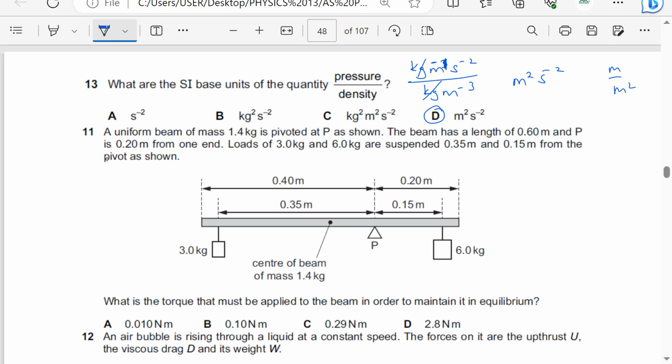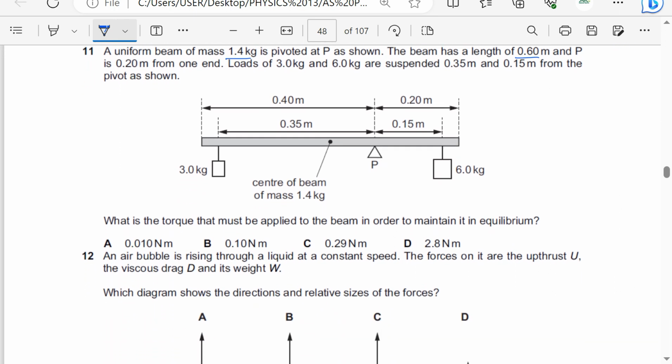A uniform beam of mass 1.4 kilograms is pivoted at P as shown. The beam has a length of 0.6 meters and P is 0.2 meters from one end. Loads of 3 kilograms and 6 kilograms are suspended 0.35 meters and 0.15 meters from the pivot as shown. What is the torque that must be applied to the beam in order to maintain equilibrium? Okay, so